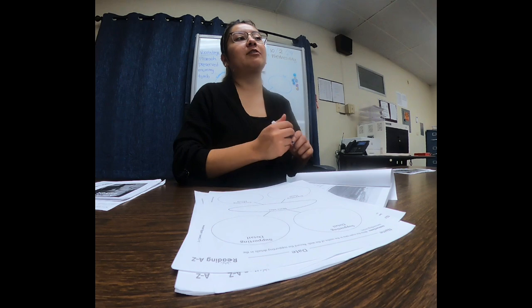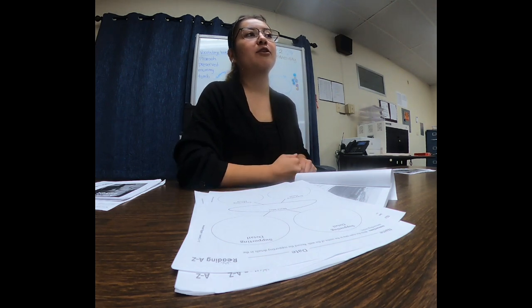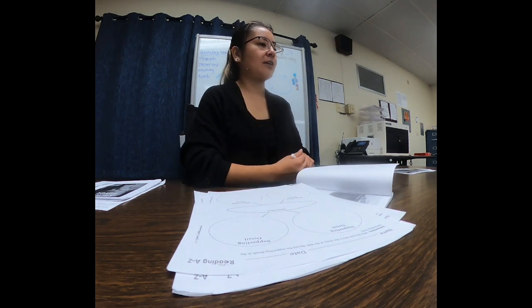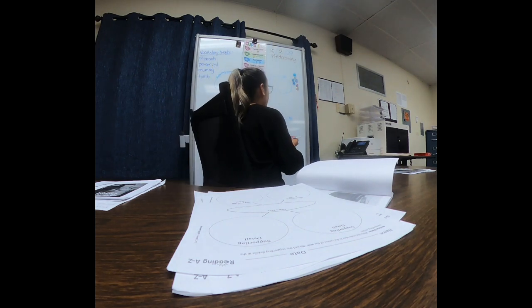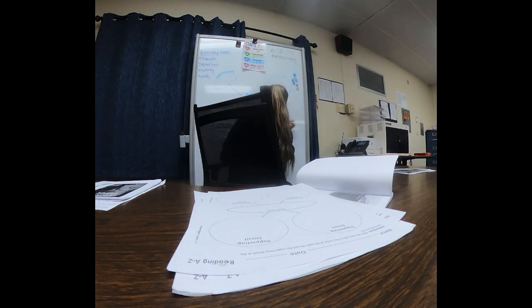So do you remember, maybe another important thing that we could put, do you remember where we said Egypt was? So if we read it, it says, thousands of years ago, a group of people lived in the African country of Egypt. What country? The African country. So it was in Africa, right? So Egypt is in Africa. So do you think that's something important that we could include in our summary, where Egypt is? Yeah, so I think that could be a good one too. So that's going to be another of our supporting details. Okay, we're just going to put Egypt is in